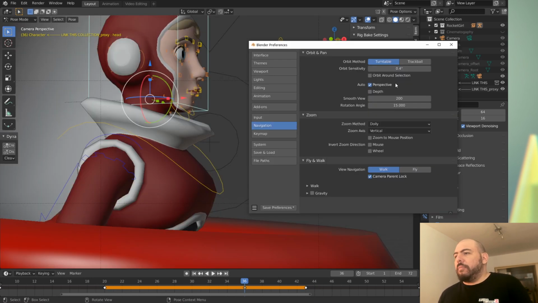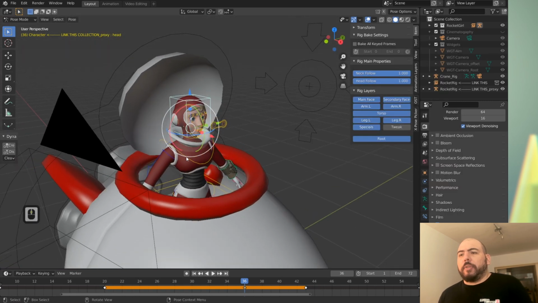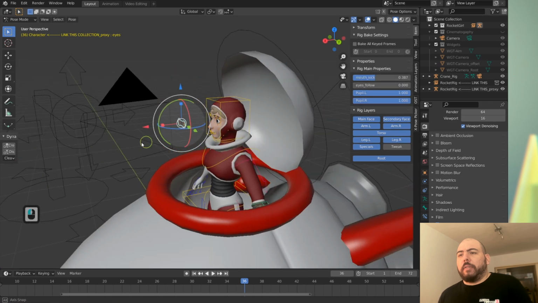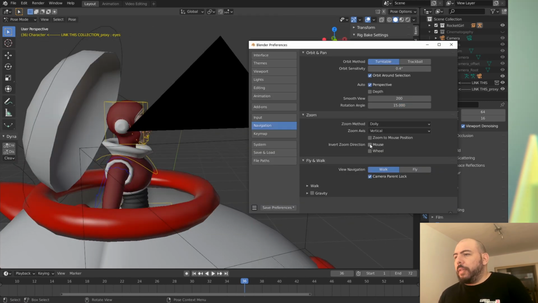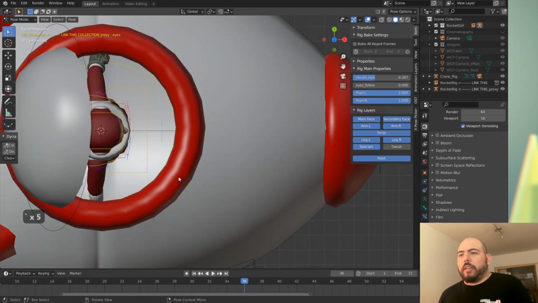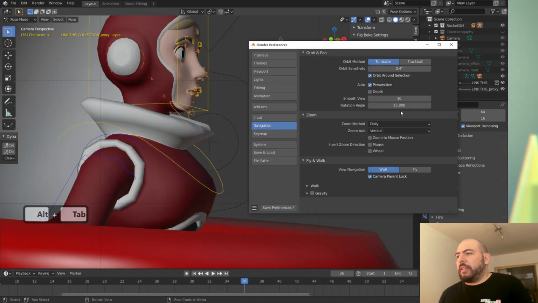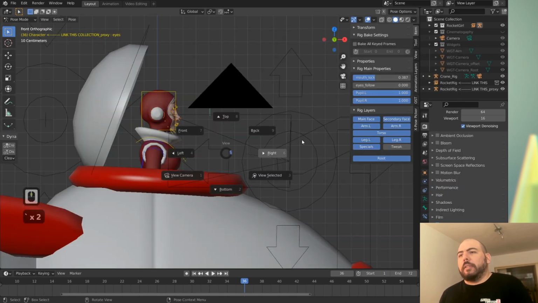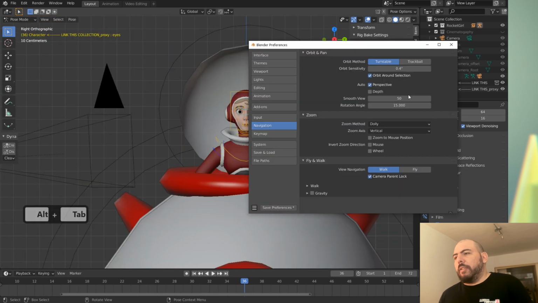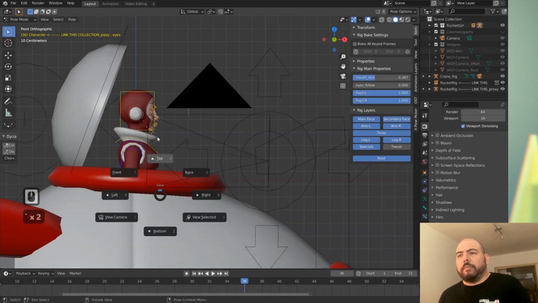So navigation, auto perspective, that's cool. Orbit arrow selection is something that I appreciate in some cases, right? Being able to rotate around whatever you have selected. Then, well, nothing here is really important besides the smooth view. I like to have it in something like 10. So when I change the camera, it's more like a flick because 200 is too much. Maybe even 50 could be possible, right? So you get the idea that you're flipping somewhere, but also 0 works really well.